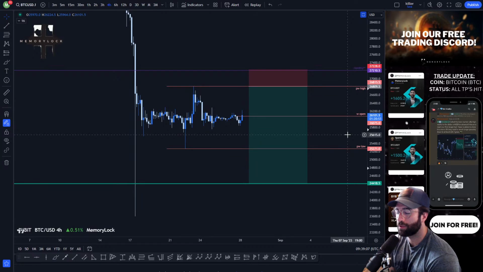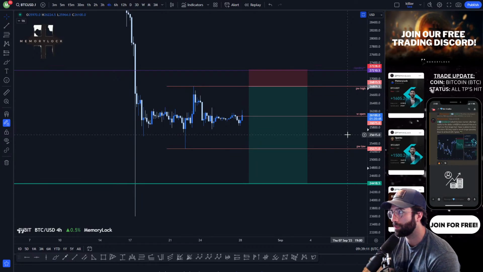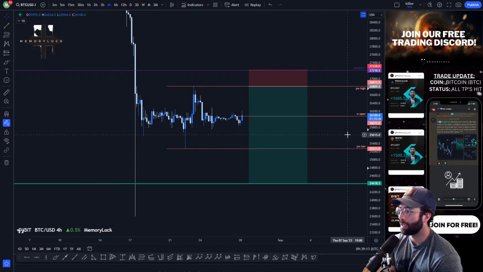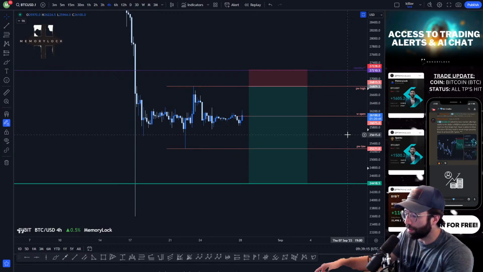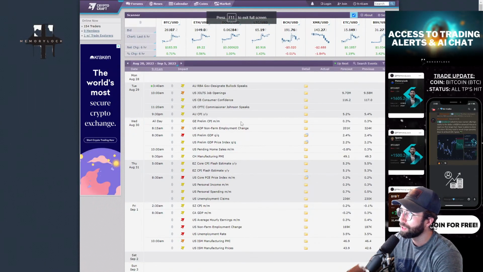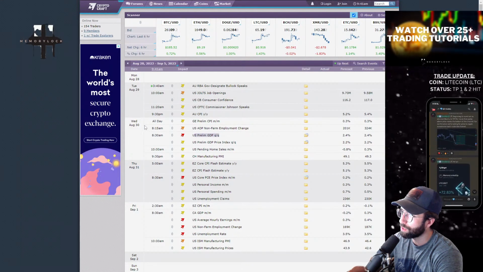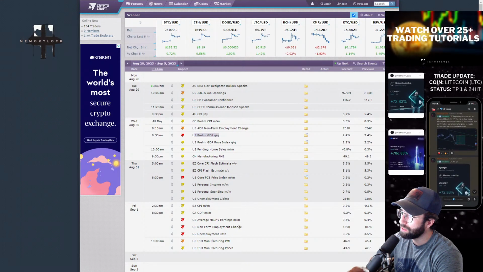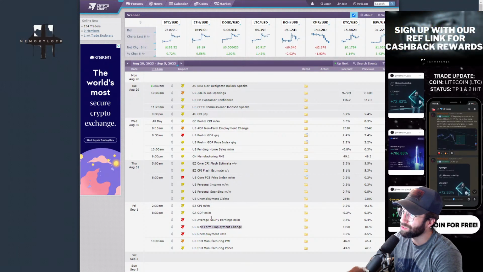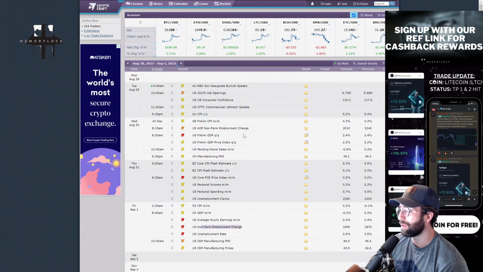If you guys have any questions, feel free to ask in the Discord. I'll post this chart and keep you guys updated throughout the week. The last thing I want to show you is a calendar. We have JOLTS job openings tomorrow morning, and then we also have the big one, which is GDP and the non-farm employment change on Wednesday. PCE and non-farm employment change on Friday. So there's a whole host of things that will create a lot of volatility in the markets.